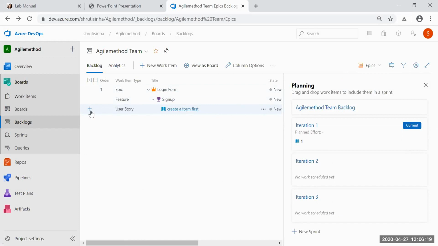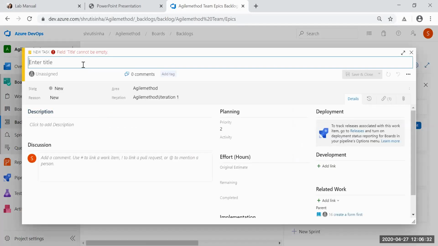So under Epic, there's feature. Under feature, there is user story, and under user story, there is task. So the task is coming as issues. Now I'm getting it.